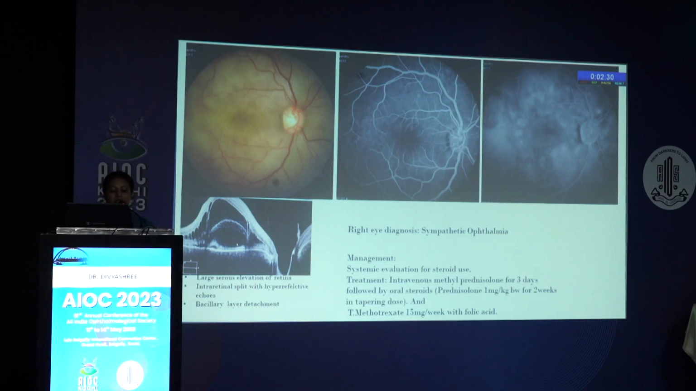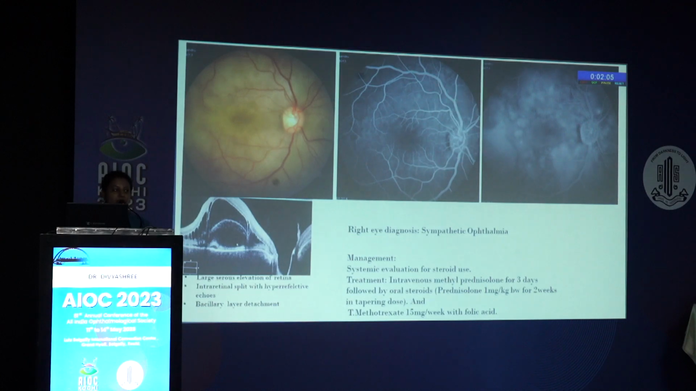There is a large serous elevation of the retina and intraretinal split with hyperreflective echoes, and there is disruption of the myoid zone and accumulation of fluid in between them with the detachment of the ELM, showing as bacillary layer detachment. So looking at his history and presentation, we diagnosed him as having sympathetic ophthalmia in the